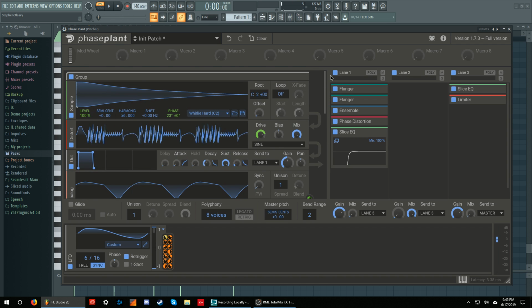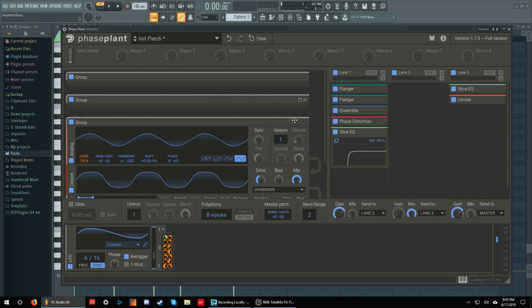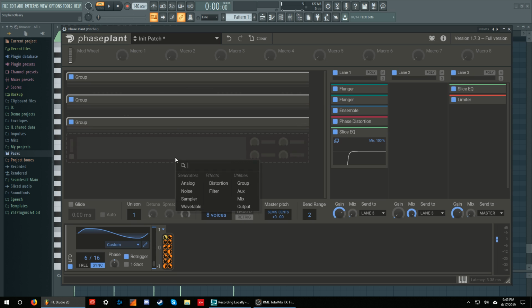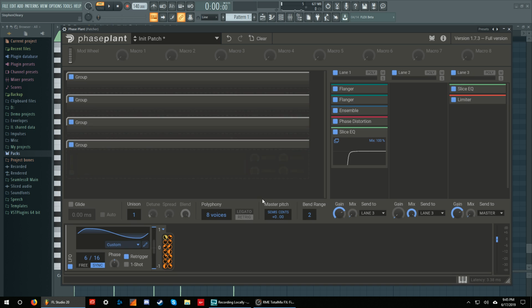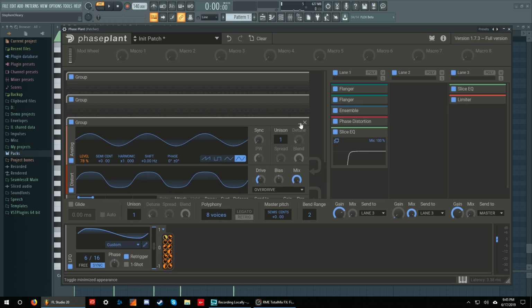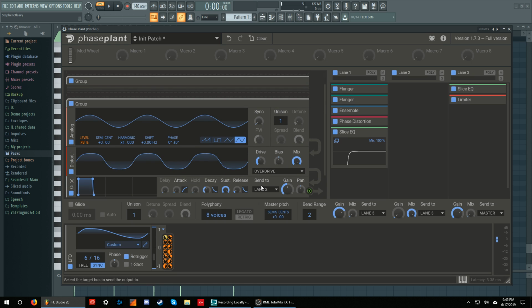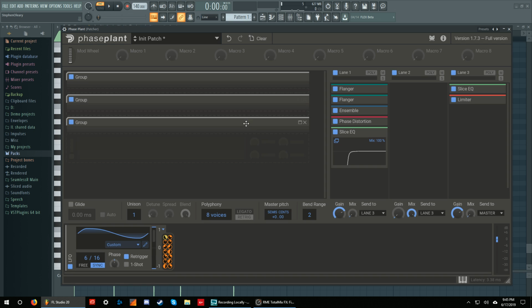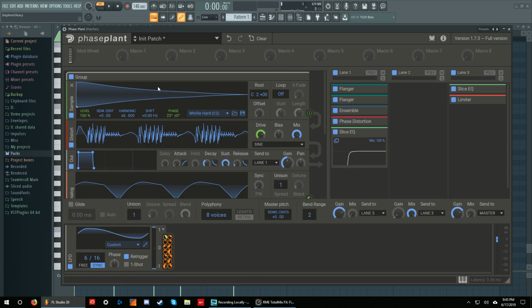And that's these guys up here. The way this works is that it gives you groups. It has essentially the class of things that can be here, and here they all are. You get a group, and then in the group, an audio signal path can begin. So the groups that I have here, this one, for example, is the sub, going out to lane 2. This is the sine wave that's being distorted, just to give it that extra couple of harmonics. And then that goes out to lane 2, and lane number 1 has this whole deal, which